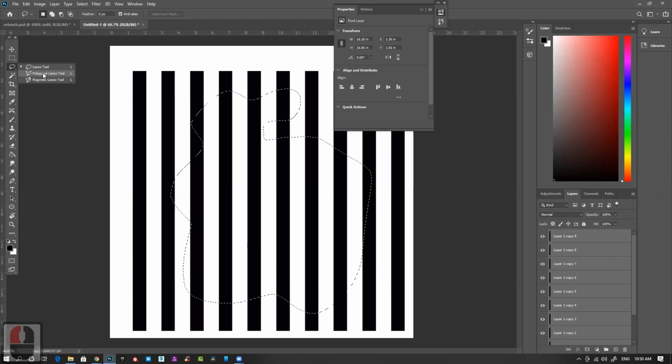And we have a polygonal lasso and a magnetic lasso. Polygonal lasso is basically angular. Polygons have straight sides, like a rectangle or a square. You can create this, and there is one more, the magnetic lasso.